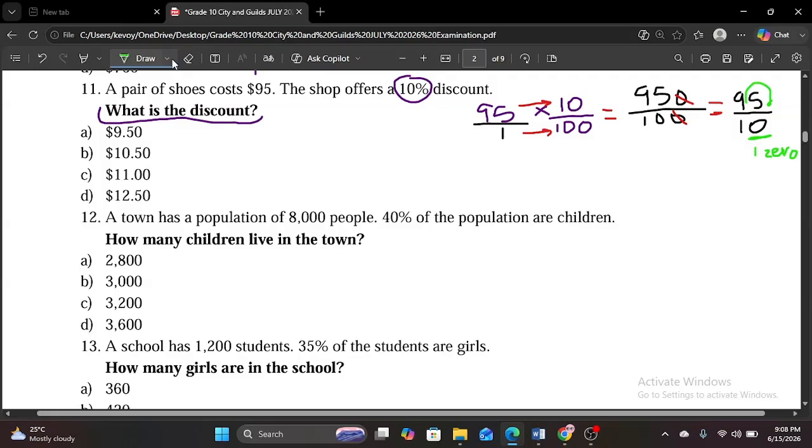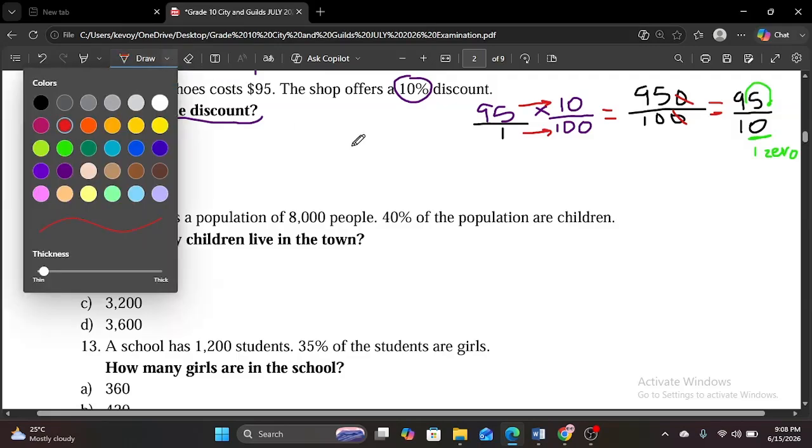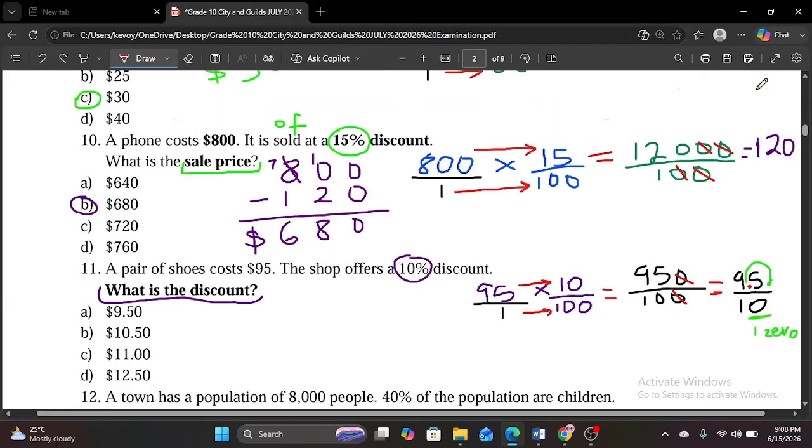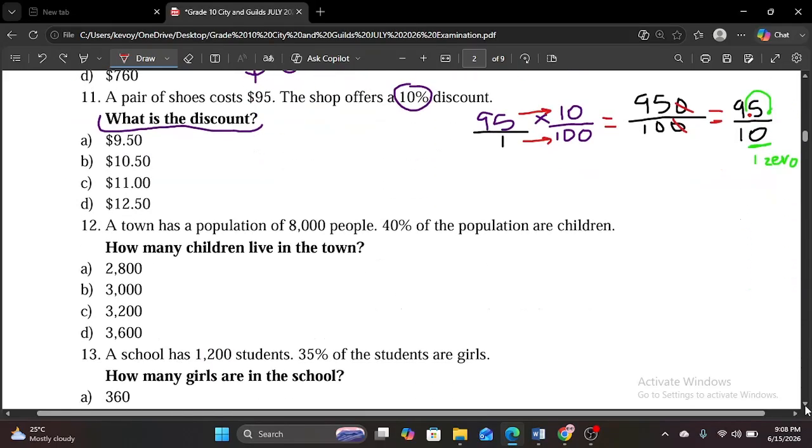So my new decimal point is going to be right here. This only happens when we're dividing by base 10 numbers, that's either 10 or 100 or 1,000. So the number of zeros tells me how many times I move my decimal point, and I move in this direction right here. After moving my decimal point right there, my answer is going to be